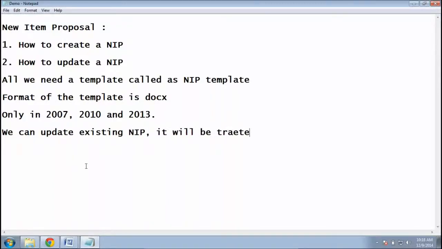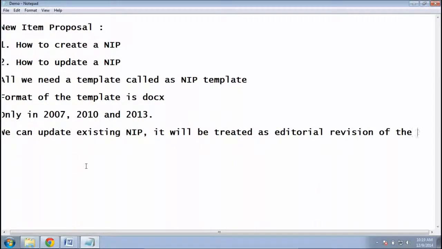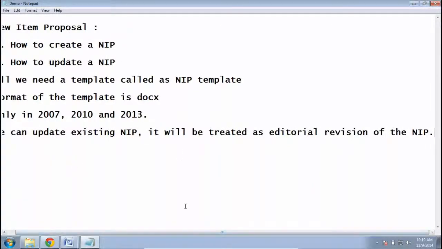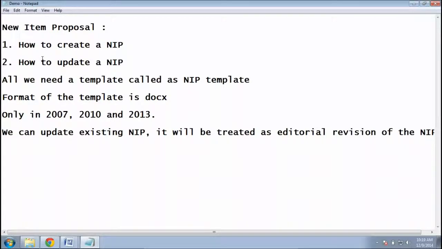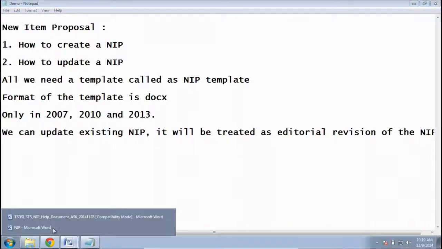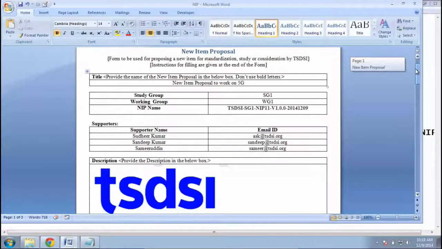Now if I did something wrong in some format, I can update the existing NIP just by giving the version of the NIP. This is the NIP template which I sent previously. Now I have something wrong in this template and I want to update it.